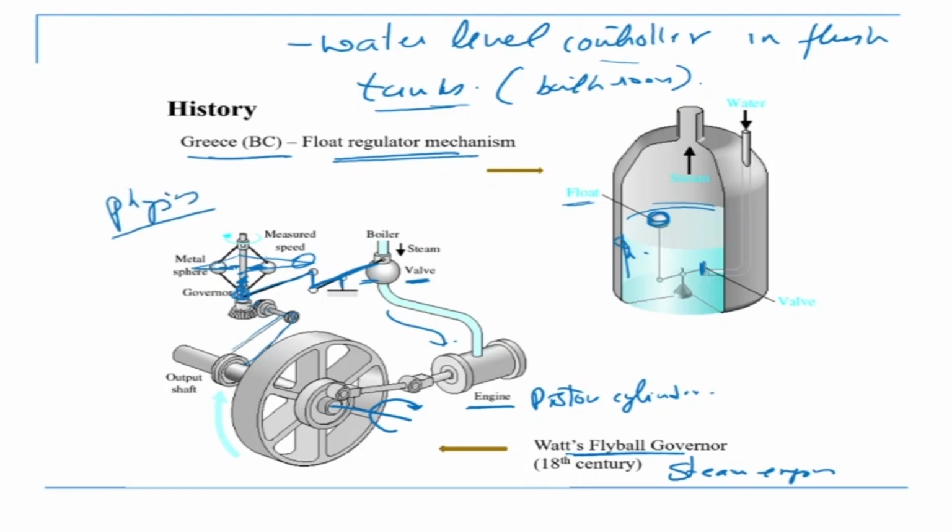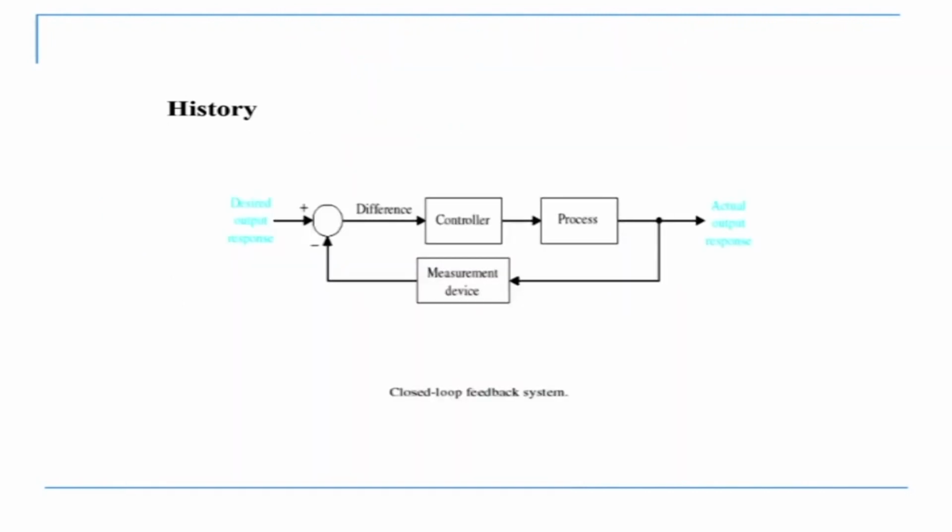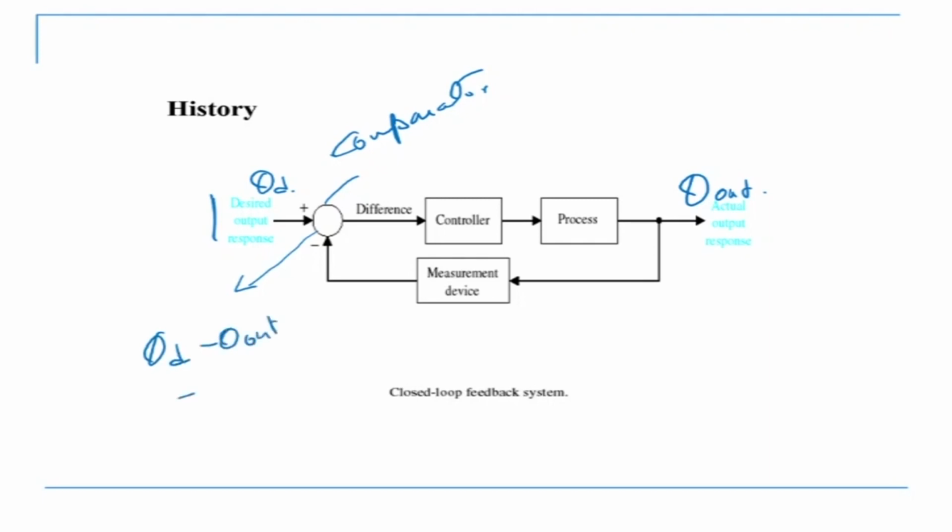Now these are early examples of control systems which are not really electronic, but they are controls. They are controlling something. Now, how does the controller actually work? There is a desired output that we give. This is called a comparator. Okay, and we take the desired input. Let's call it theta desired. There's an output theta out. Okay, and what the comparator does is it takes theta desired minus theta out, finds the difference, and calls it